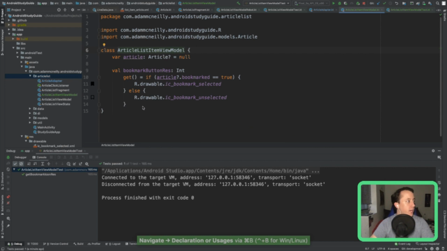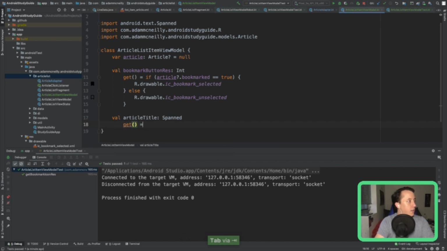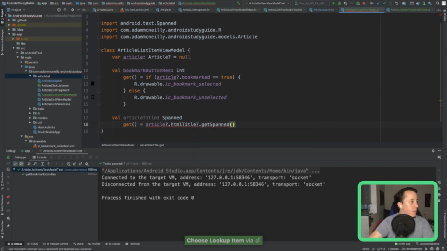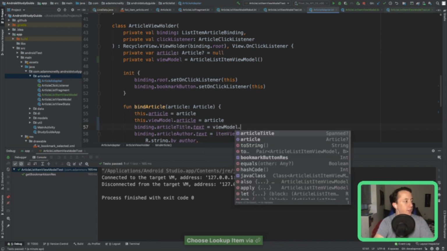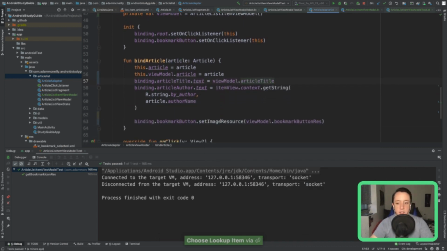Let's just do that real quick. We'll make that nullable. And so then in our adapter we say view model dot article title. So we've got that stuff.